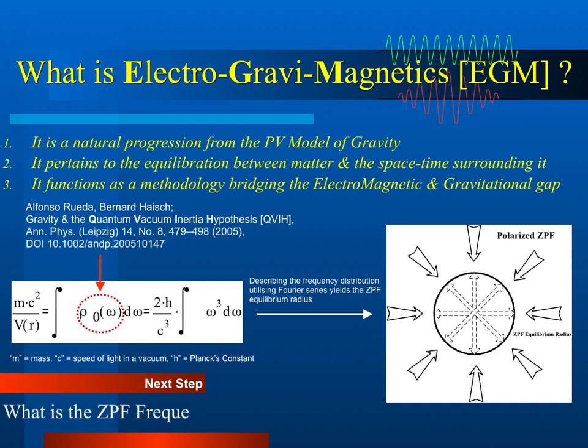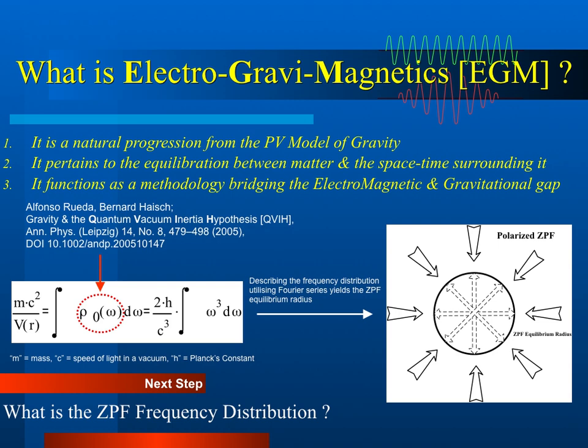It executes these three functions by describing the polarizable vacuum at any point in a gravitational acceleration field as the summation of a Fourier series comprised of electromagnetic wave functions, and equating the summation to the expected spectral energy density distribution of the zero-point field. Once this is done, we obtain the equilibrium conditions associated with the zero-point field and the material object under consideration, for example, the zero-point field equilibrium radius of fundamental particles.